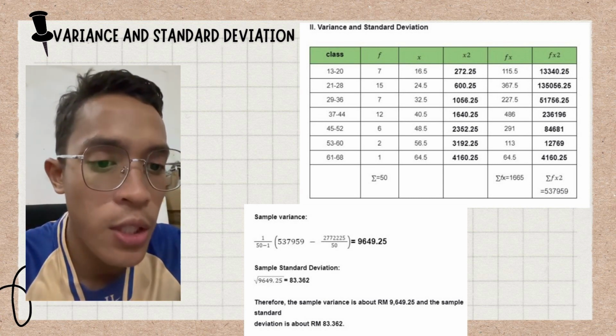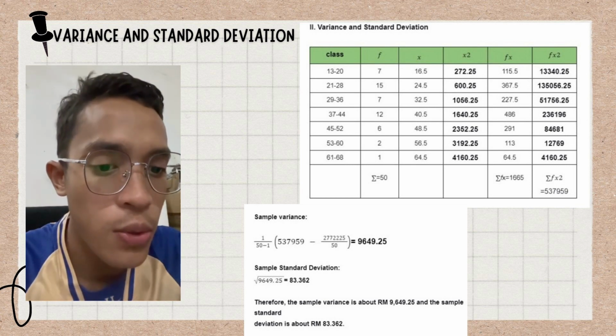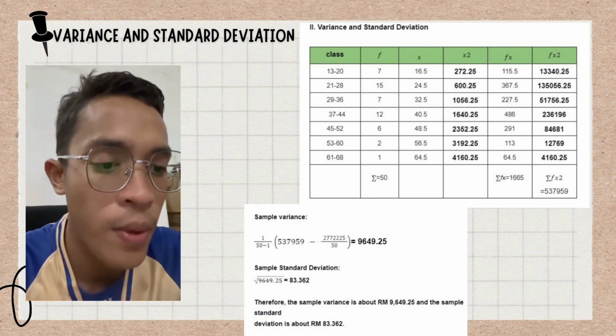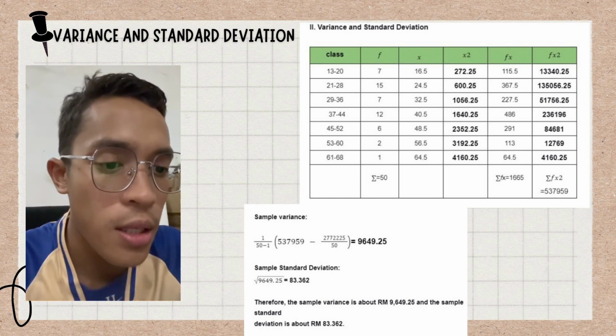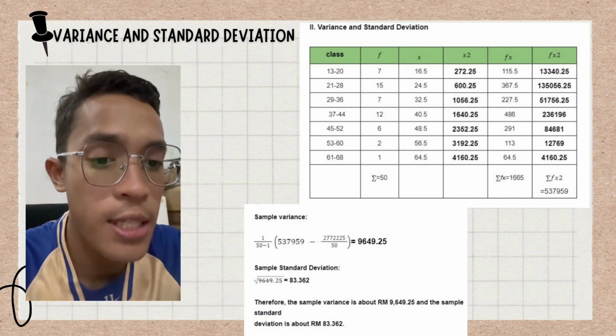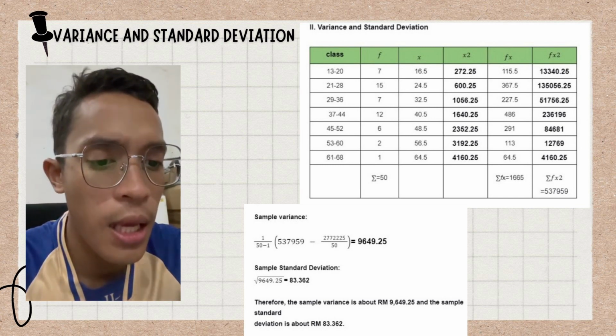is the square root of 9649.25, which equals 83.362. Therefore, the sample variance is about RM 9649.25 and the sample standard deviation is about RM